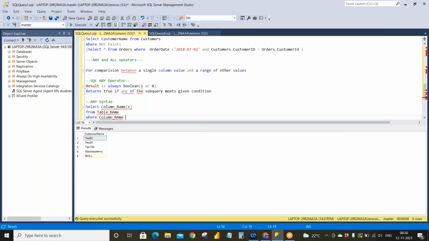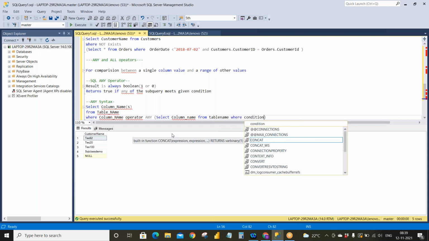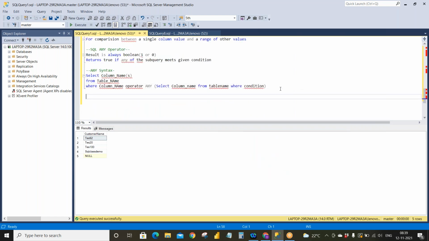Here I'll give the column name and then I will give the operator. Operator means it can be any operator like equals to, not equals to, greater than, less than or equals to, greater than or equals to. After that we use this any and we'll give a subquery. In the subquery, we will select any column name from table name, and we'll use a condition. So let's see some conditions over here.